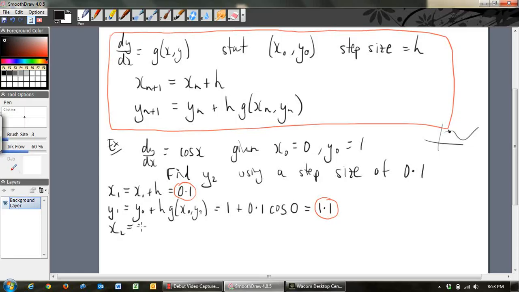x2 is equal to x1 plus h, so we just keep on adding 0.1, so that's equal to 0.2. y2 will be equal to, look at the formula, y1 plus h g of x1 and y1, equals, what was y1? y1 was 1.1 plus h is 0.1,